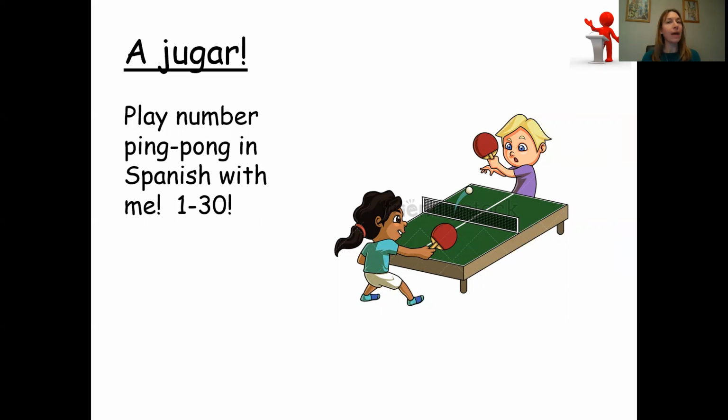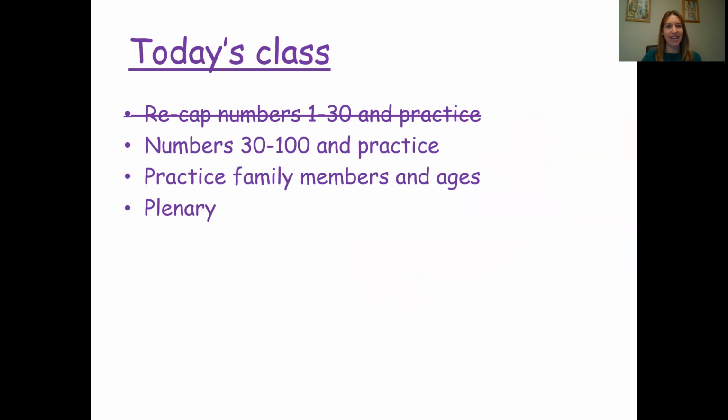Hopefully you could do that without looking in your book, but if you couldn't, no problem at all. Have your notes in front of you and do it with your notes in front of you, okay? Muy bien, continuamos. So let's now revise our numbers 30 to 100 and